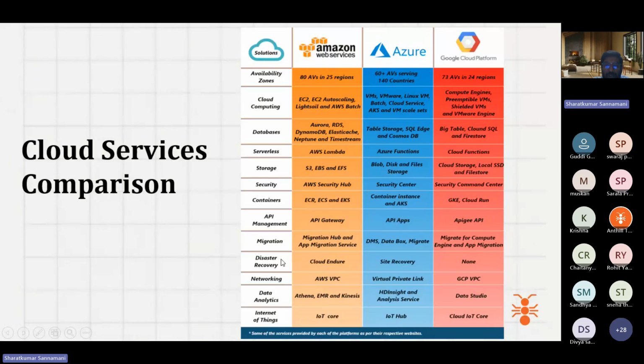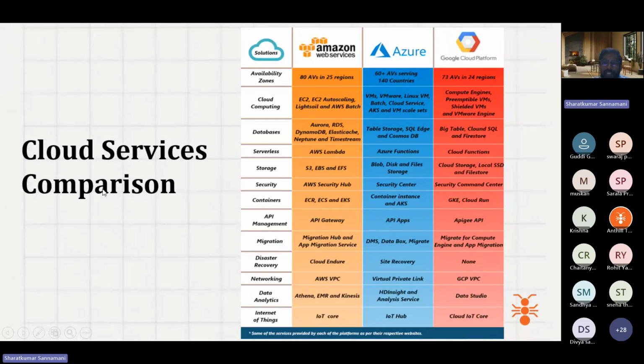And there are different services. You might know it or might not know it. Actually, there are a few new services. For example, security, you might know, right? We use a firewall or antivirus in our laptops, right? In a similar fashion in cloud, they have different services, like AWS security, security center, all those things.